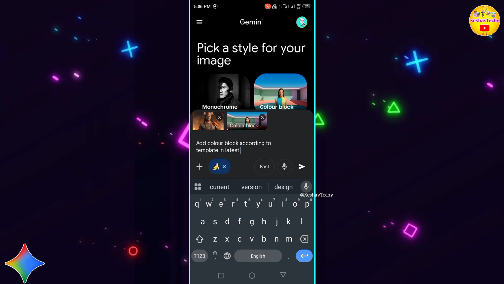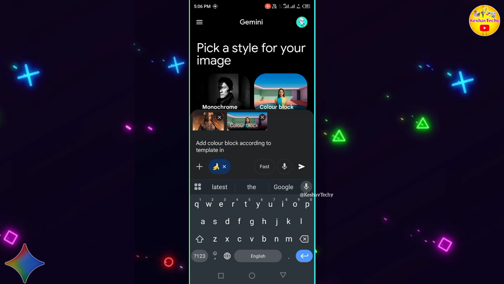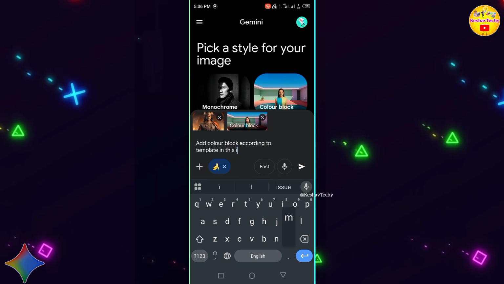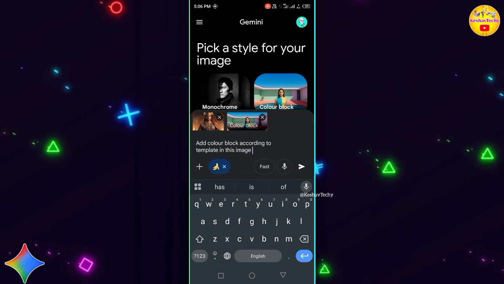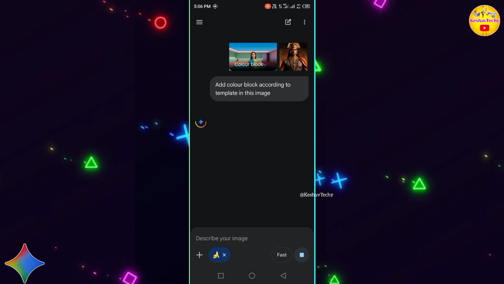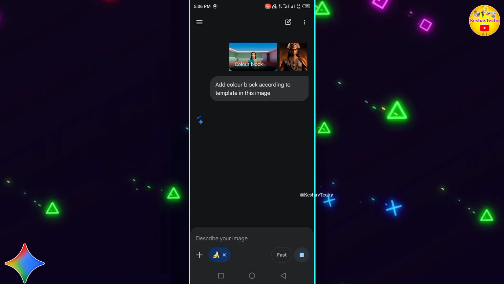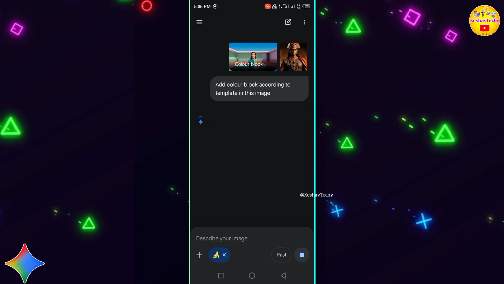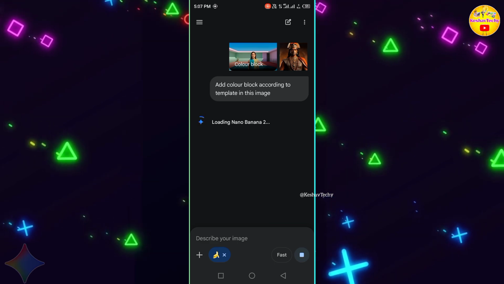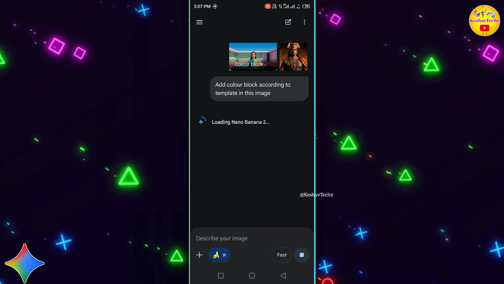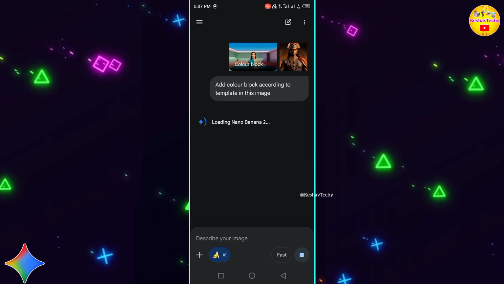My prompt is: add color block according to the template in this image. Nano Banana 2 is processing our prompt and it will generate a new image based on the color block reference.